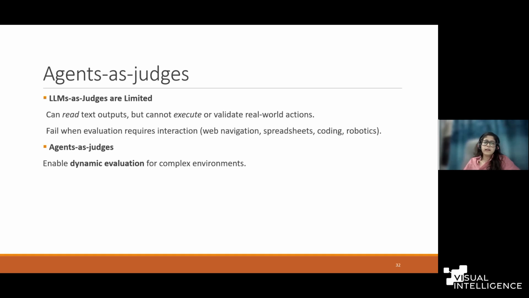The LLMs as judges were very limited. They can help evaluate text responses, but they have major limitations. They can't actually execute the tasks. They can't check the real world outcomes. For example, in the SheetMind paper, if they only had a single agent, they would not be able to verify if the code that is coming out of the single agent is even executable or not. As the models evolve into agents that plan, that act, that interact, we also need these evaluators to also be agentic, because the